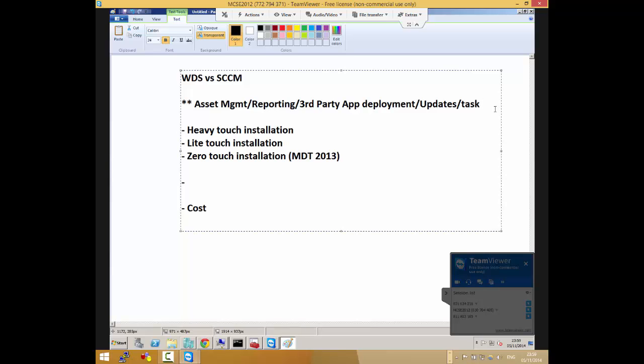So just consider WDS as if you work in a company, for example, I told you one of the things that I'll be working on in London is for a small, medium-sized company. So I'm not going to go there and recommend SCCM for them. SCCM is really expensive. You get the point, though? Yeah, I'm getting the point. What you're saying about asset management and third-party things and doing the updates and stuff.